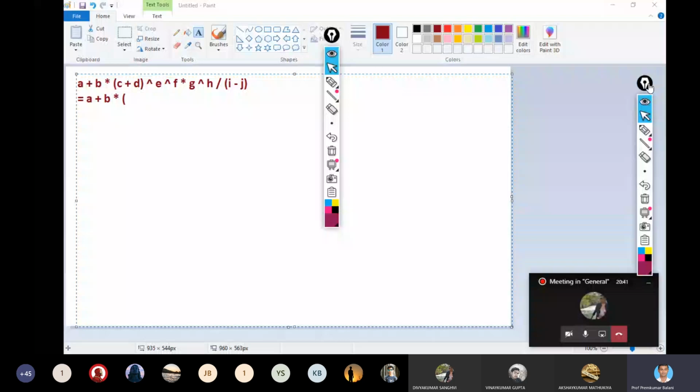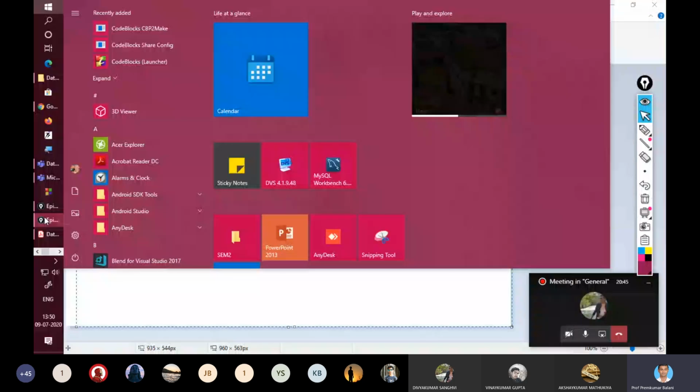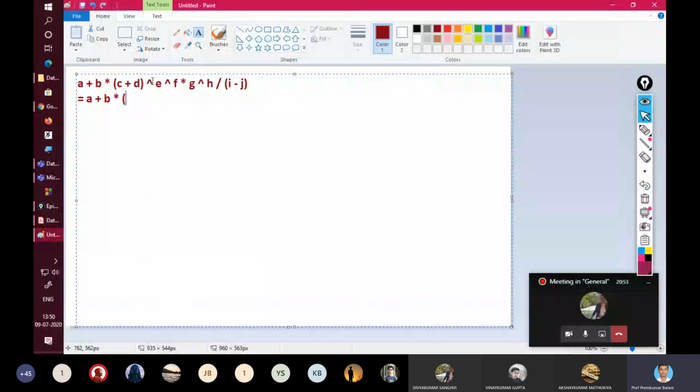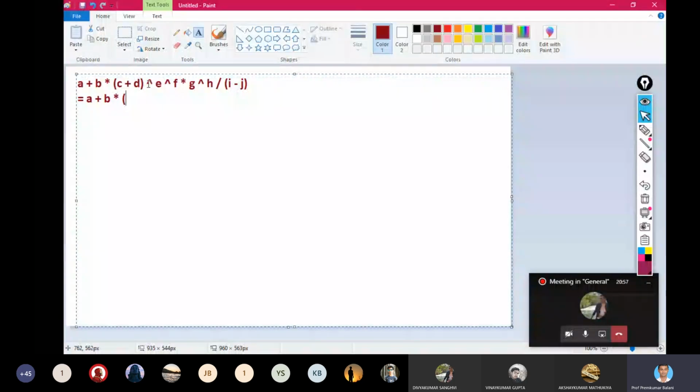while teaching you, if I make some mistake in some explanation, then you can immediately stop me. As I told you, the raised to has the highest precedence, but parenthesis has even higher precedence than the raised to. So which operations will be executed first? C plus D and I minus J, right? So let's first of all convert these expressions to postfix operation, C, D and plus. Is it okay, everyone?